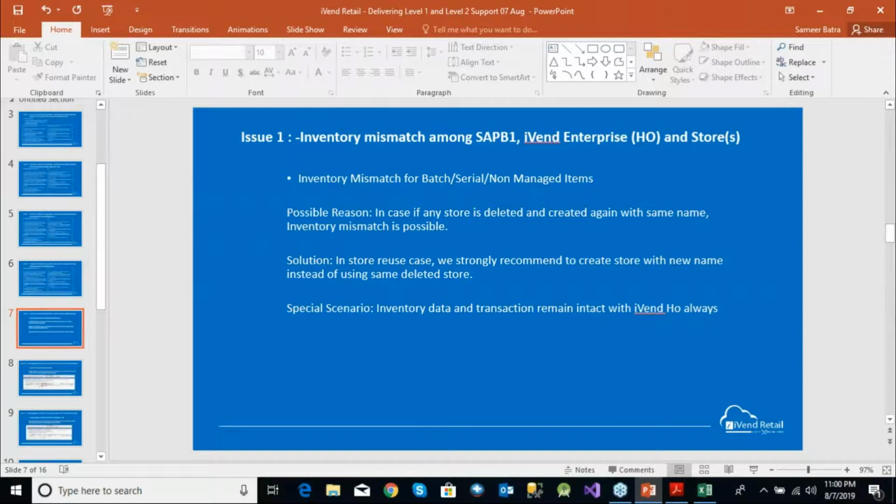If you are able to identify for which particular product the mismatch is coming, then you need to check which particular documents are available in the ERP but have not been posted correctly in iVend. Or it could be a reverse case also. A document is available in iVend but it is not fully integrated, or it got partially integrated or wrongly integrated to the